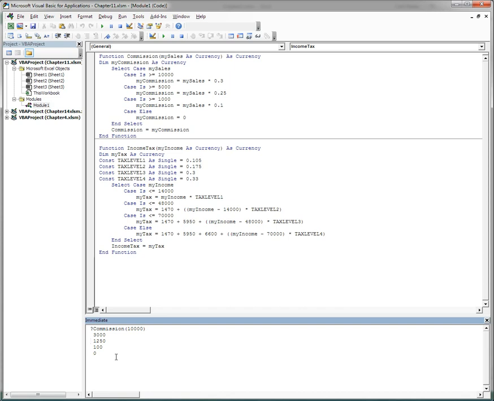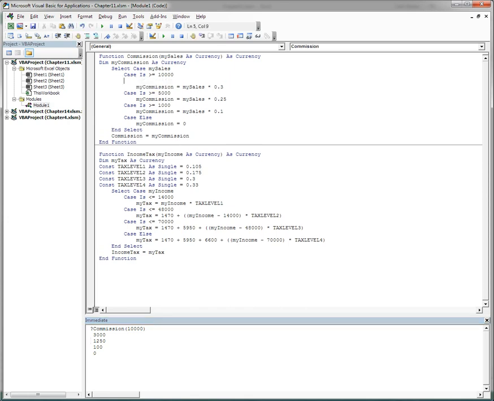What's quite common also with the immediate window is to use debug print statements, because the immediate window used to be in old versions called the debug window, so the word debug has stayed. Let's test this theory. If I, for example, was going to test this particular case, I would ask it to put a debug print, and I would tell it that this is "Case 1" in double quotes. Case 1 over